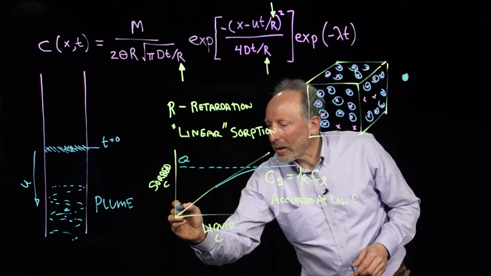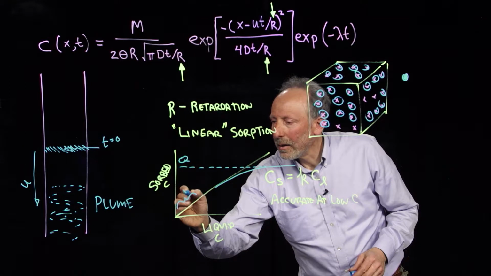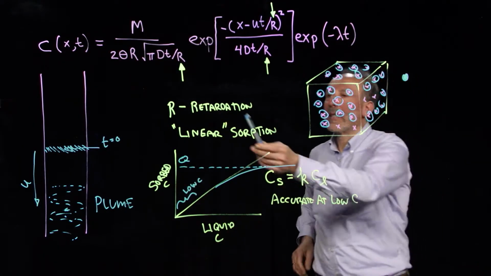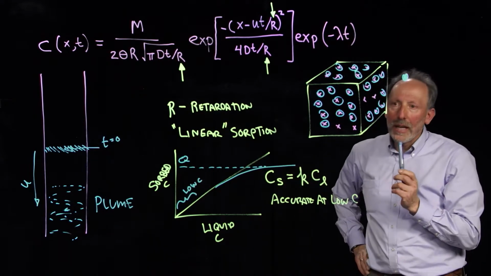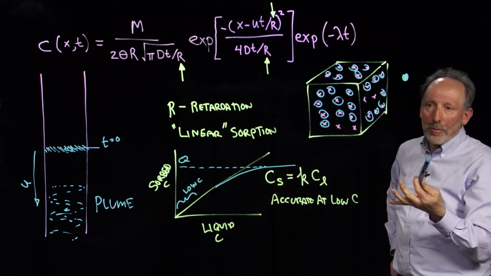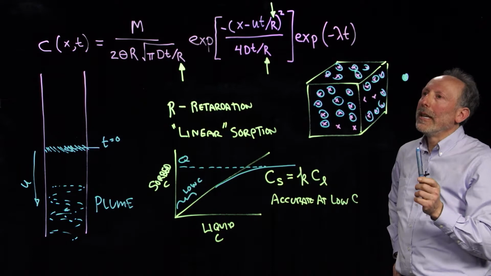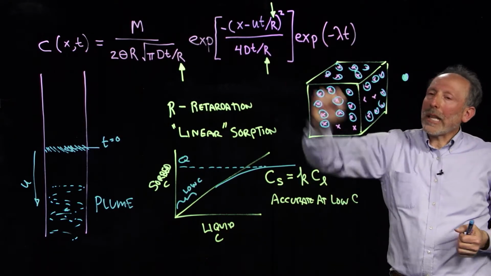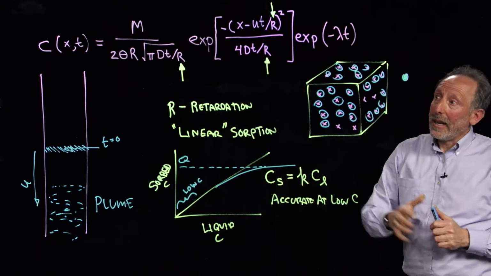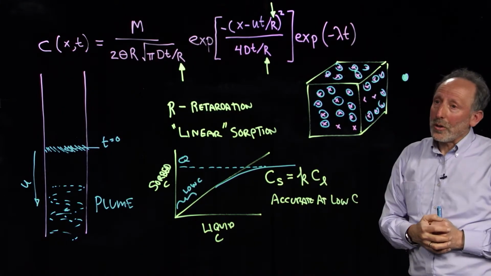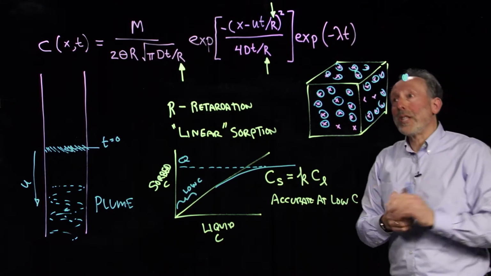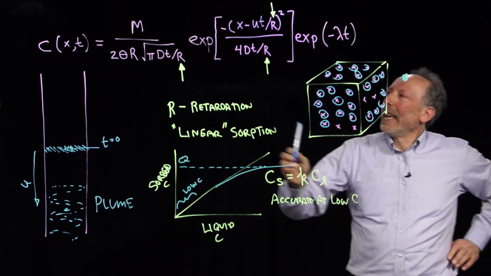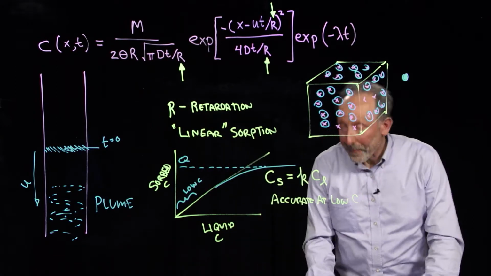So when we're at the low concentration end, then we can work with this concept of retardation, and we can think about it as a linear process. This is very important, because when it goes to the nonlinear stage, then all of the mathematics behind this changes drastically, and this idea of retardation is no longer suitable. Supposing we do have linear sorption, what we see, which is really, really cool, is that the R here, there's one more R,